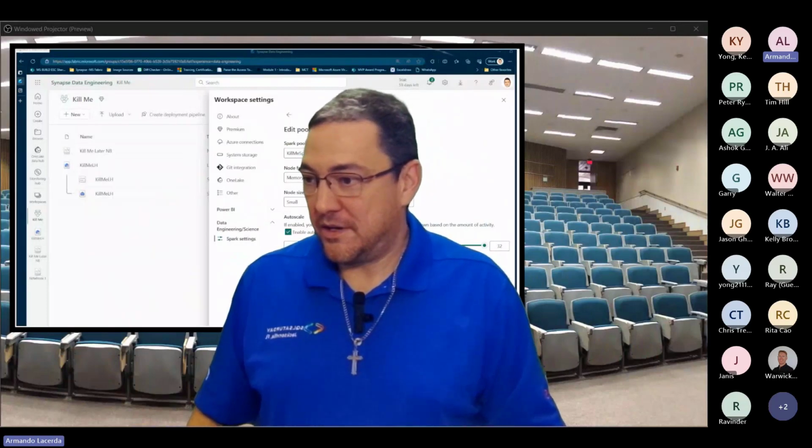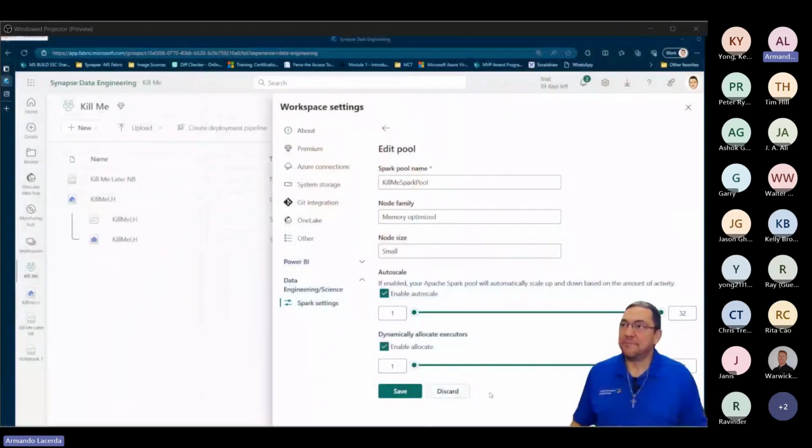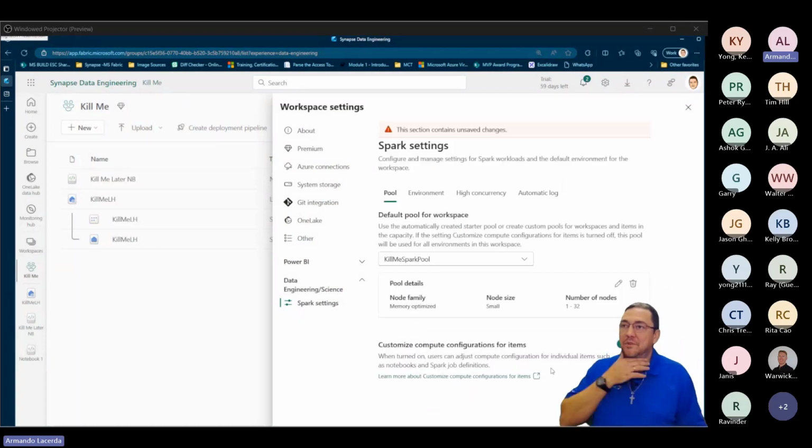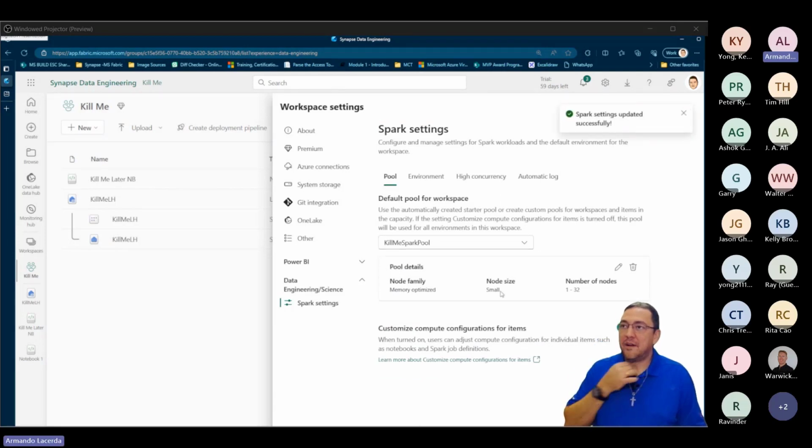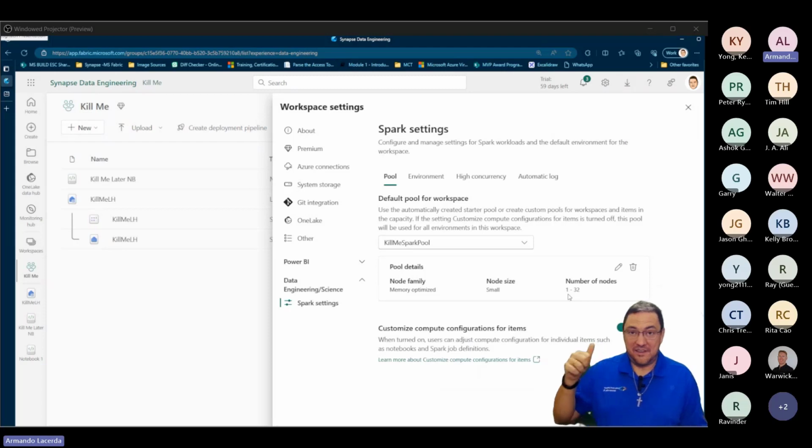Let me switch my scenario to this one here. Good. Let's save this guy. So now I can have up to 32 in there. Let's save it again. All right. Says changes saved, right? And if I go and pause my capacity in Azure, I don't lose this, but I'm unable to run anything, right? If I try to do anything from here, I'm just unable to run anything.